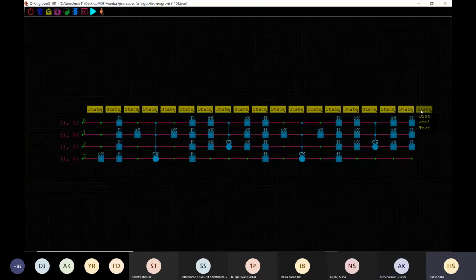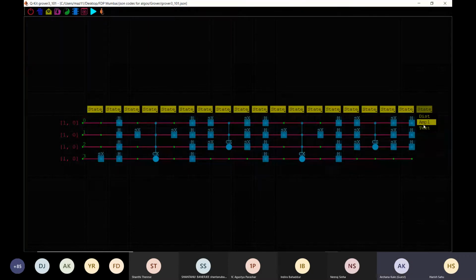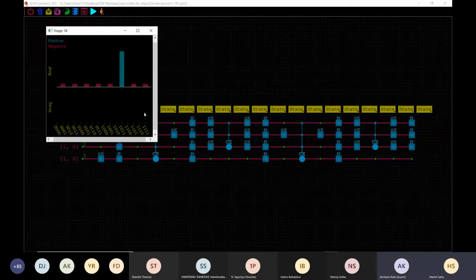Here these are the options. You can see the distribution, amplitude, and text format. Generally we prefer amplitude. If you see here, for 101 the amplitude is high, and the last qubit is the auxiliary qubit. So it has the highest amplitude.